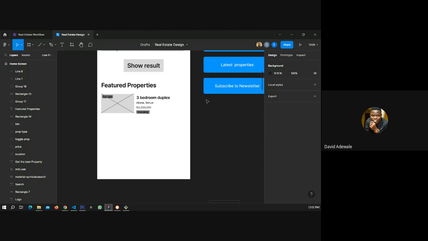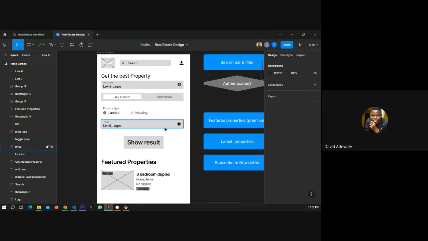Do that to it. And then this is buy property. You will also need to show me the content that will be on the rent property, also the content that will be shown if I select housing, that will show when I click on housing.